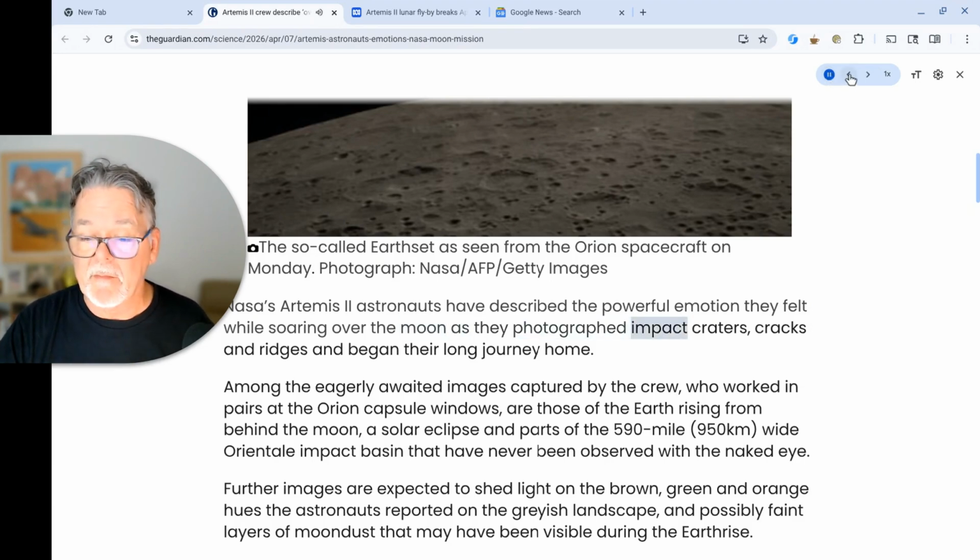Moon as they photographed impact crater. Photograph. Back button. NASA AFP Getty Images. Forward NASA's button. Artemis. Among the eagerly awaited